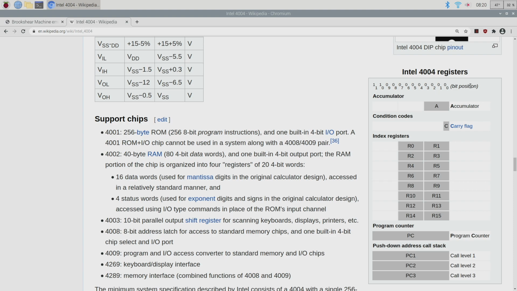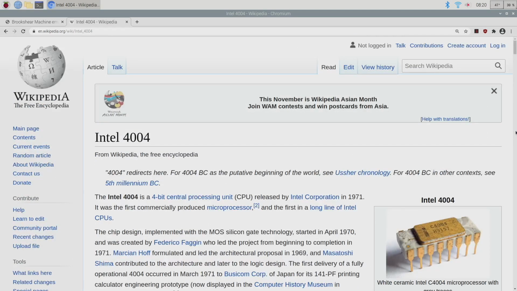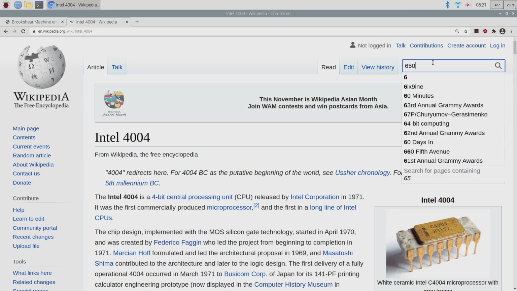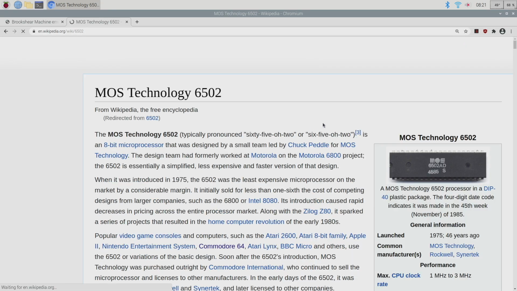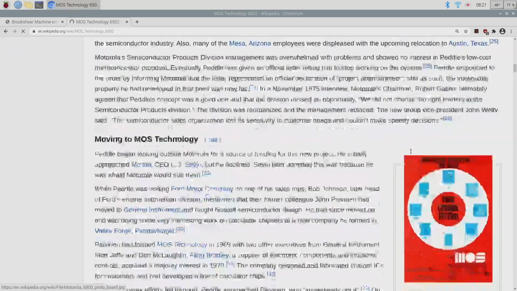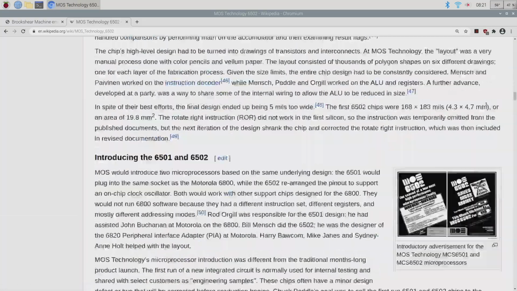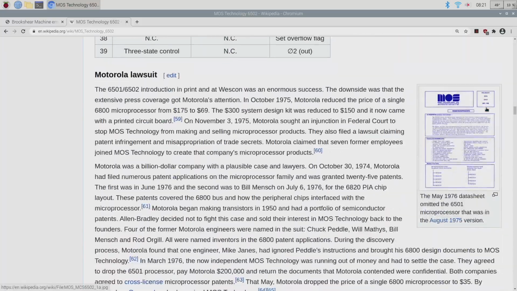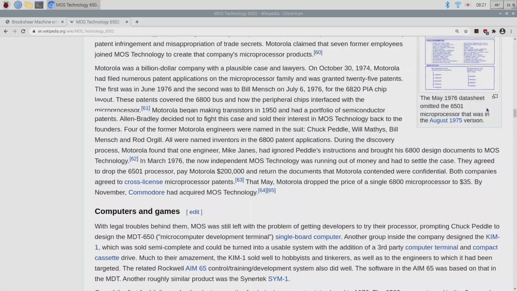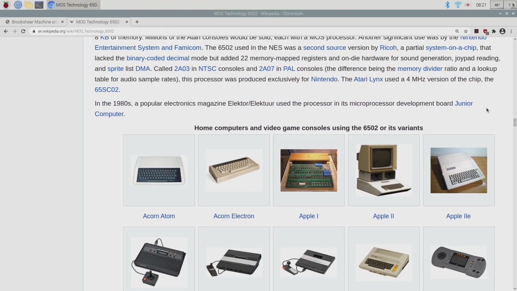Another processor of the 70s era, and this is my favorite. Okay, so mid 70s is the 6502. You guys have probably never heard of the 6502 unless I've mentioned it, and it had on the order of 3,000 transistors if memory serves. You've never heard of the 6502 by name, but you have definitely heard of all of the computers that have used it, including the Apple II,